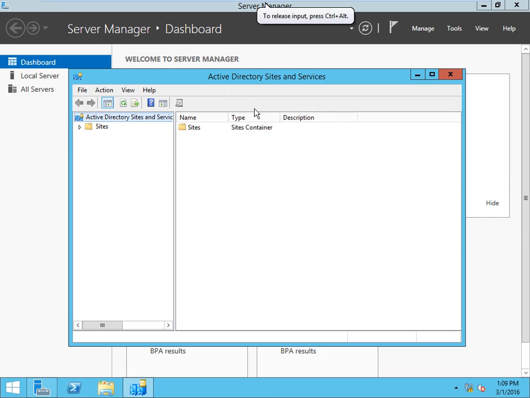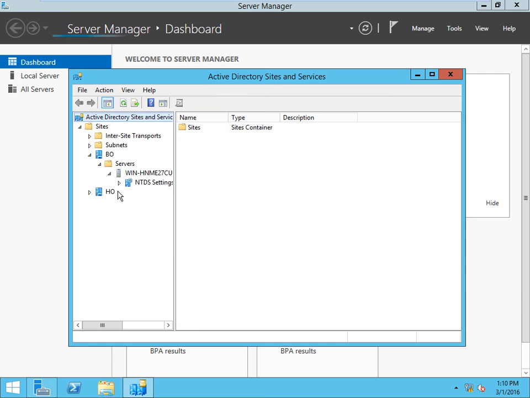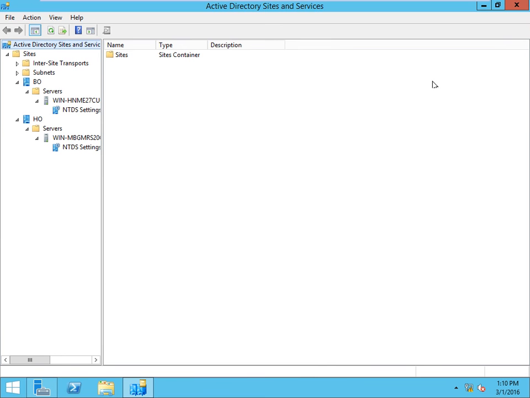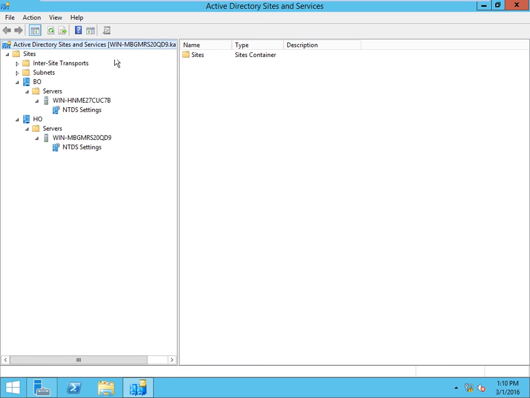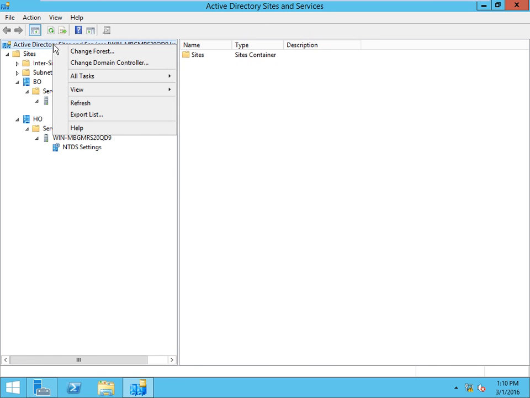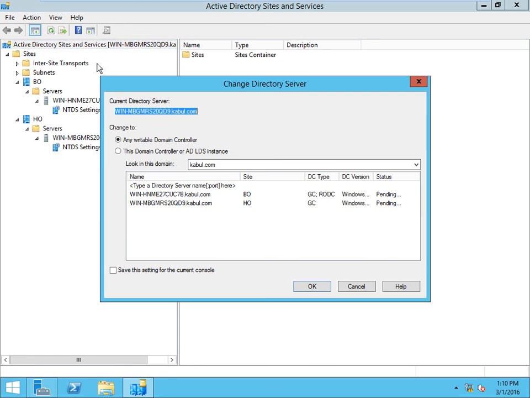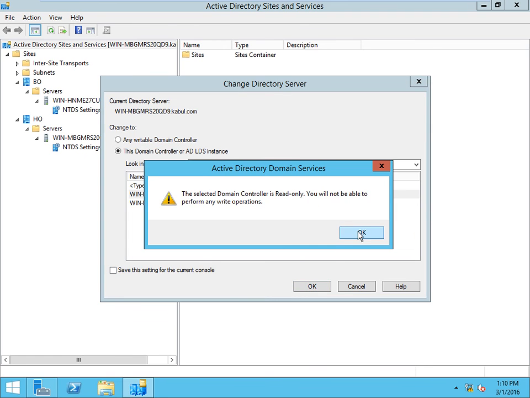See, sites, branch office, head office, right? Change domain controller. Which office are we on? Branch office. This one. This is a read only domain controller. Okay.